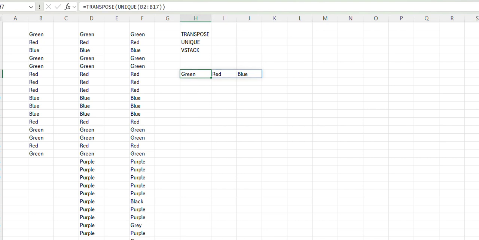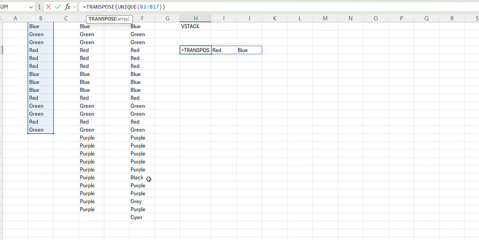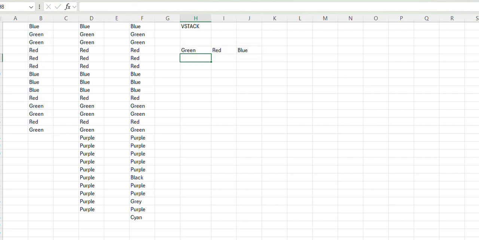Now what happens if, see here, we only have one column in play. We've got other colors spread across these two other columns. And you can see that we've got some purple in there. We've got some black. We've even got some cyan. So we got to get the cyan in there somehow. How are we going to do it without